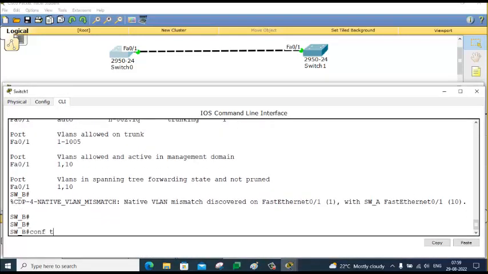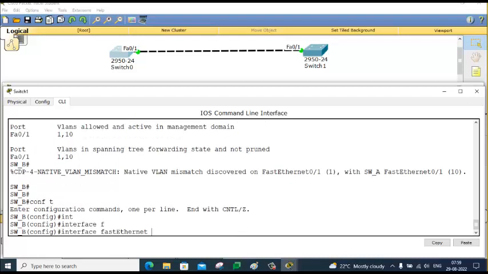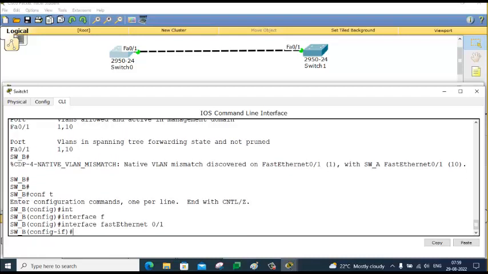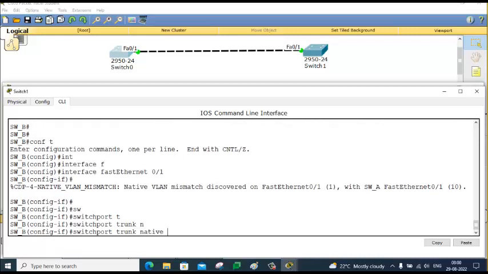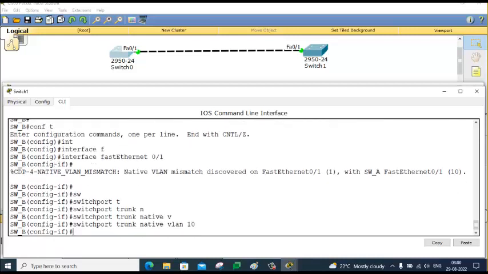So we have to match interface F0/1. May I know the command? Which command? The command to put native VLAN 10. Switchport trunk native VLAN 10. All right. So